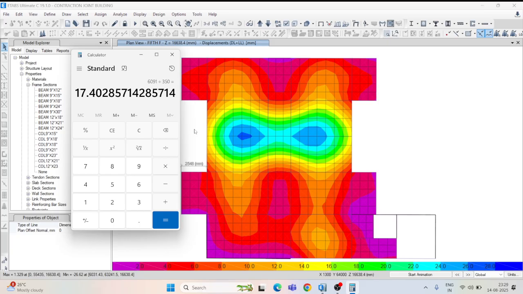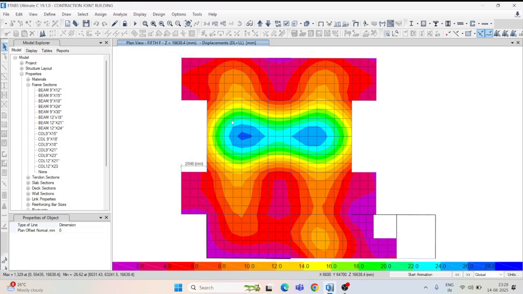Our deflection is 21 mm, which means it is 4 mm more, because here there is no need to multiply by 3. In creep analysis, whatever deflection you get, just subtract axial shortening, and that is the final deflection value. But here the allowable deflection is 17.40 mm only, and we are getting approximately 21 mm. So you again have to provide some beam to reduce the deflection.